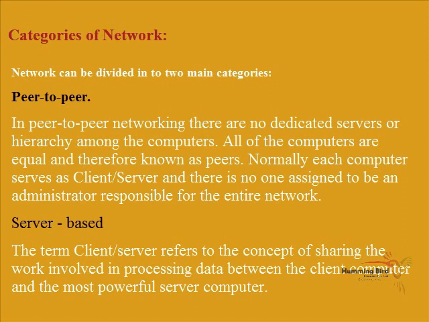Categories of network. Networks can be divided into two main categories, peer-to-peer and server-based. In peer-to-peer networking, there are no dedicated servers or hierarchy among the computers. All of the computers are equal and therefore known as peers. Normally, each computer serves as both client and server, and no one is assigned to be an administrator responsible for the